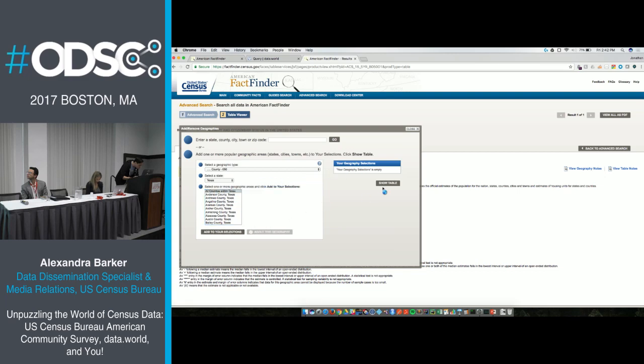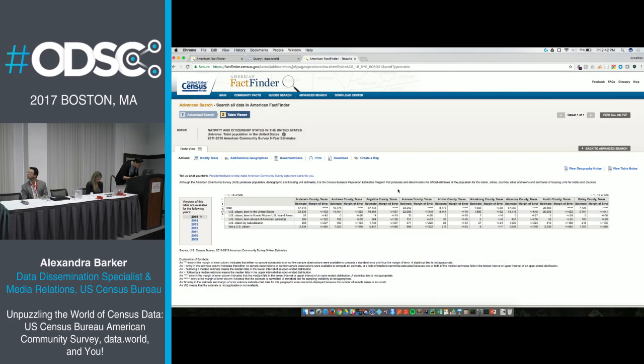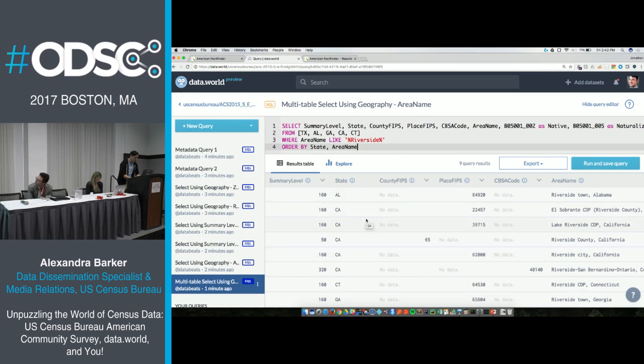Yes, all of them. Okay, and then it comes in this format. So then you'd have to transpose your columns, clean it up, remove these margins of error, and then you'd have your file. So hopefully, by including this SQL functionality, it enables you all to get at it a little bit more quickly.